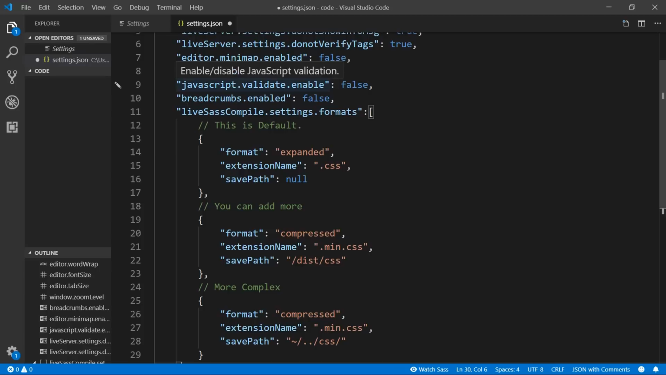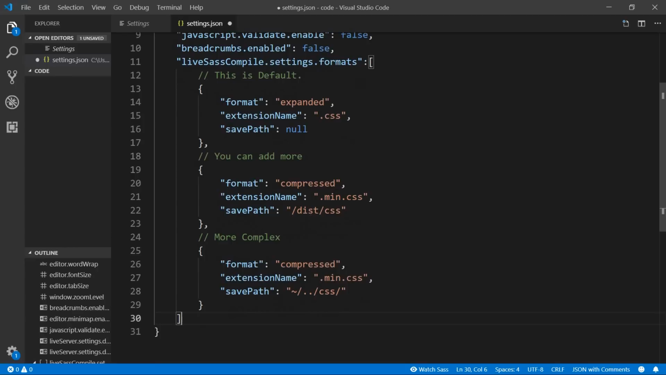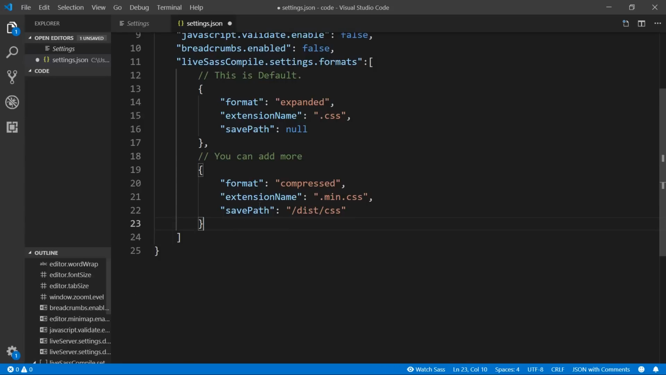Format is expanded, so there's no compression going on. The extension name is .css. And then the saved path is null, so that means it's going to go into the same directory as your Sass files. So you could also change the format to compressed if you want, and it will go ahead and compress and minify your CSS all in one shot. And then you can change the extension name to .main.scss, and then you see there where we can put it